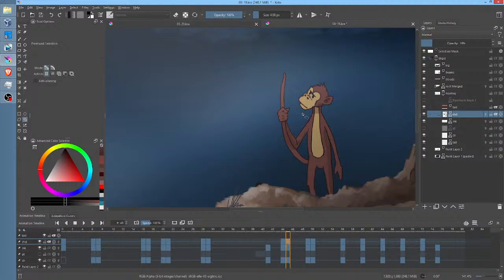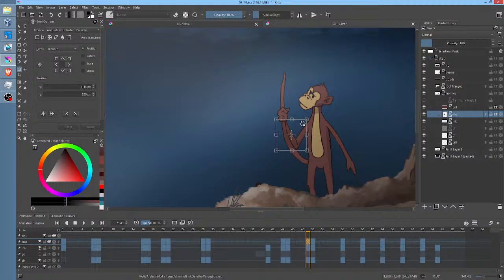So what I'm going to do is I'm just going to select this region right here because it's got the correct shadow in it. Control C, and then go to the next keyframe and hit Control Shift V, which is not baked into Krita as a hotkey. That's one I created, but what it does is it pastes into the current frame.